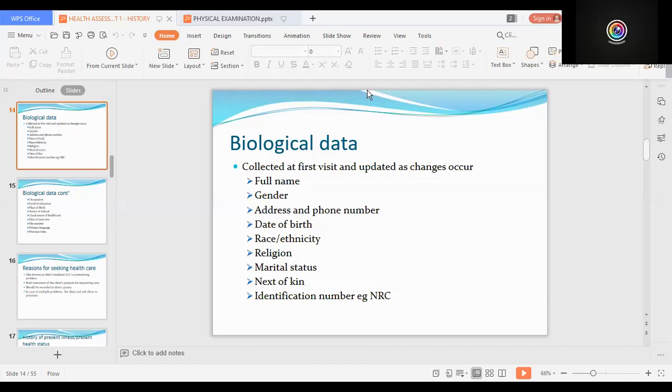Hello. So this is a continuation of the lecture on health assessment. In part one of the lecture on health assessment, I had discussed the preliminary information about health assessment. We had looked at the definition of health assessment, the different types of health assessment, and the purposes of